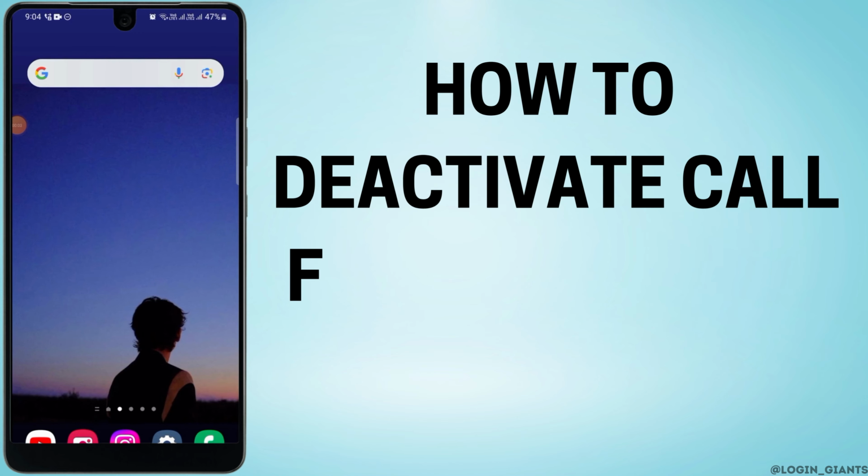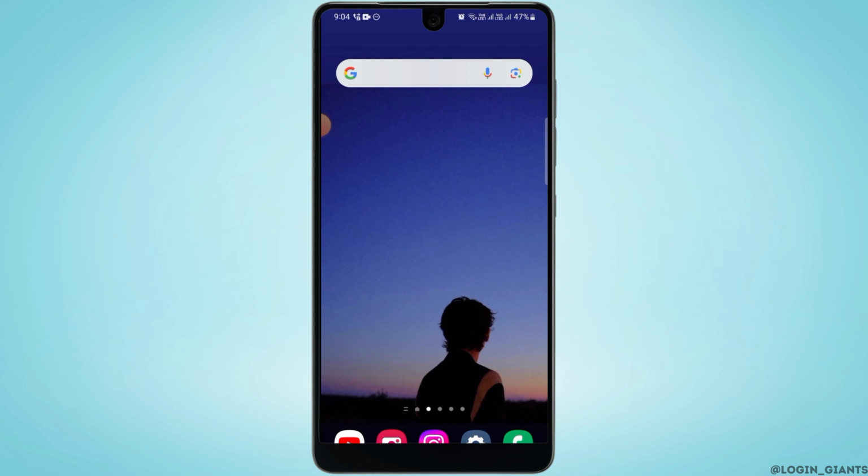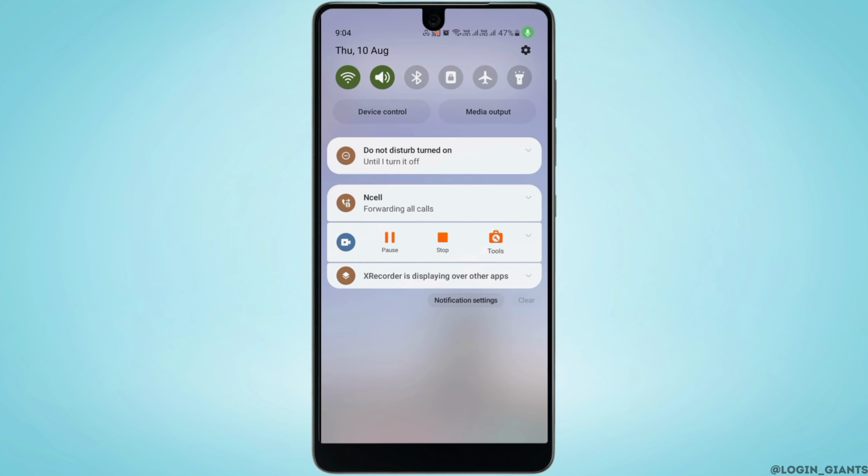How to deactivate call forwarding from any phone. If you have activated call forwarding or divert on your phone, I'm going to show you 2 ways on how you can deactivate that. So here on the notification panel, you can see that call forwarding is activated on my